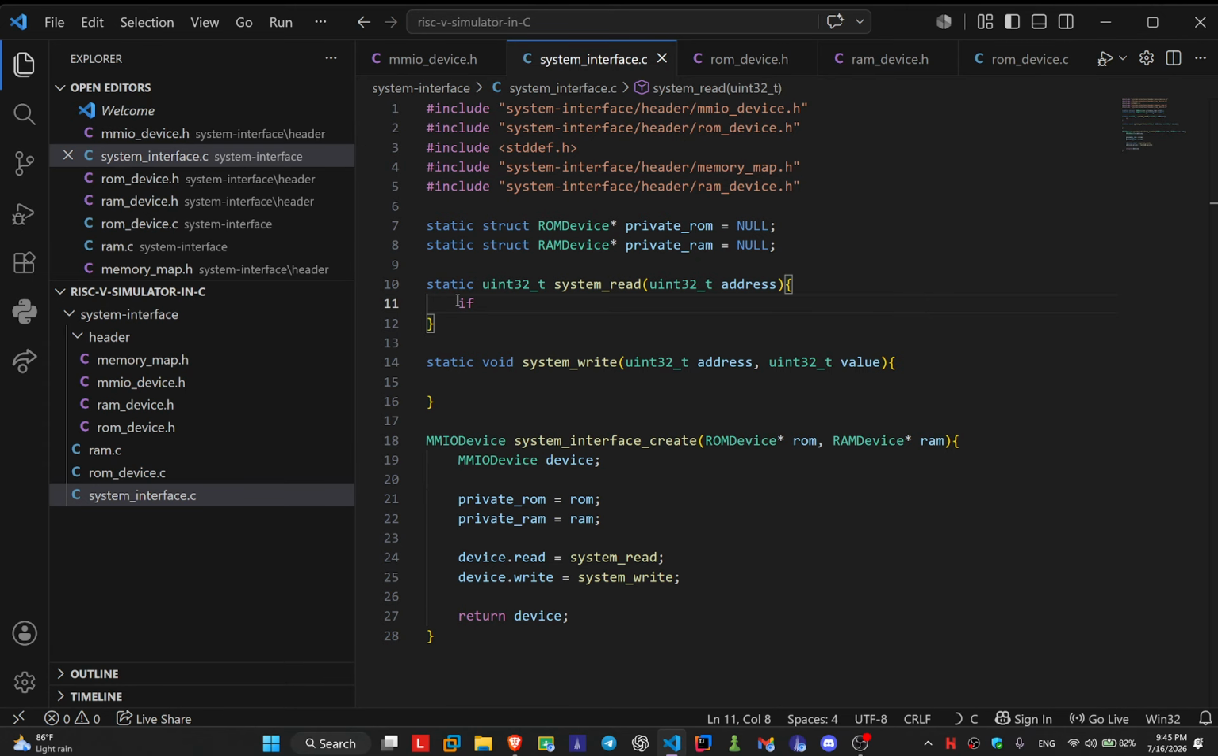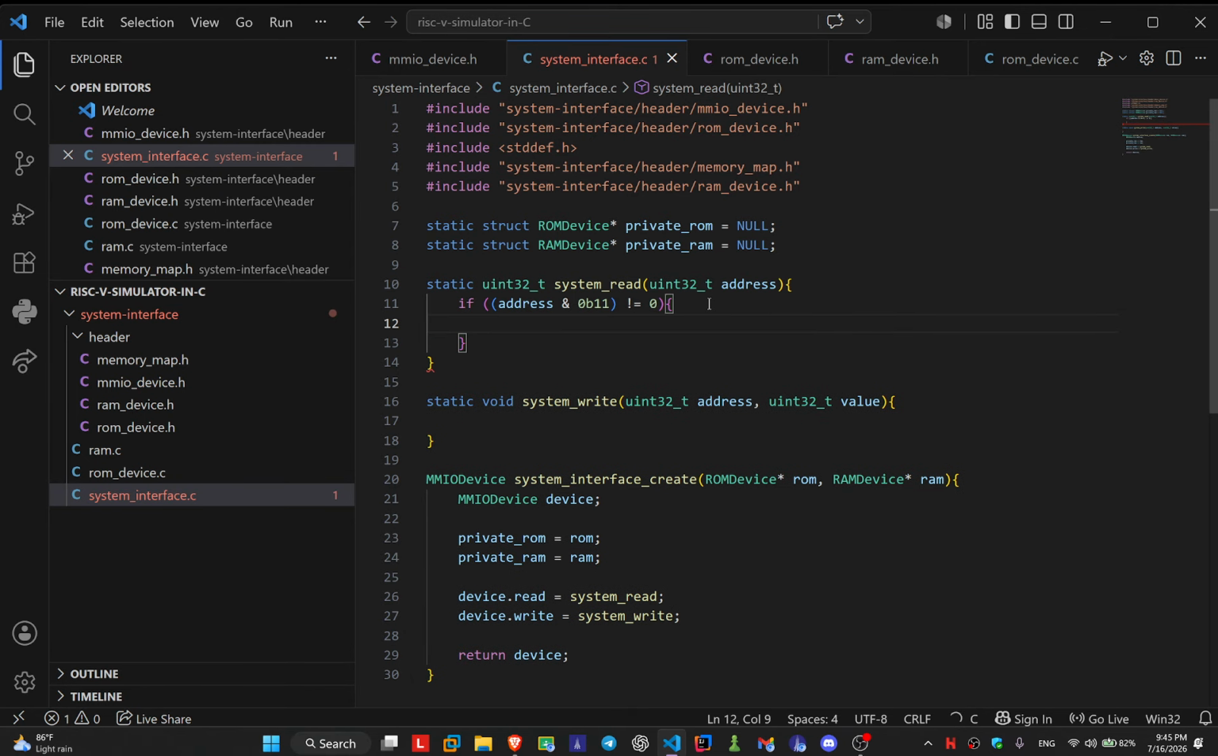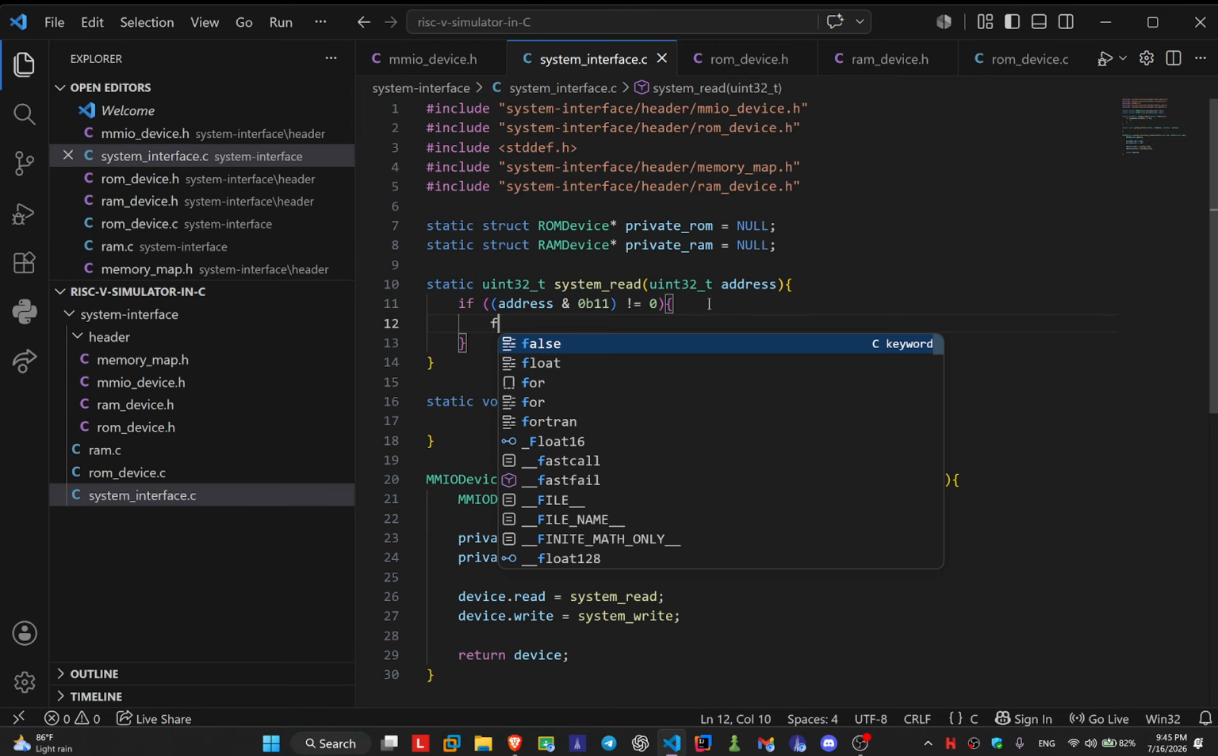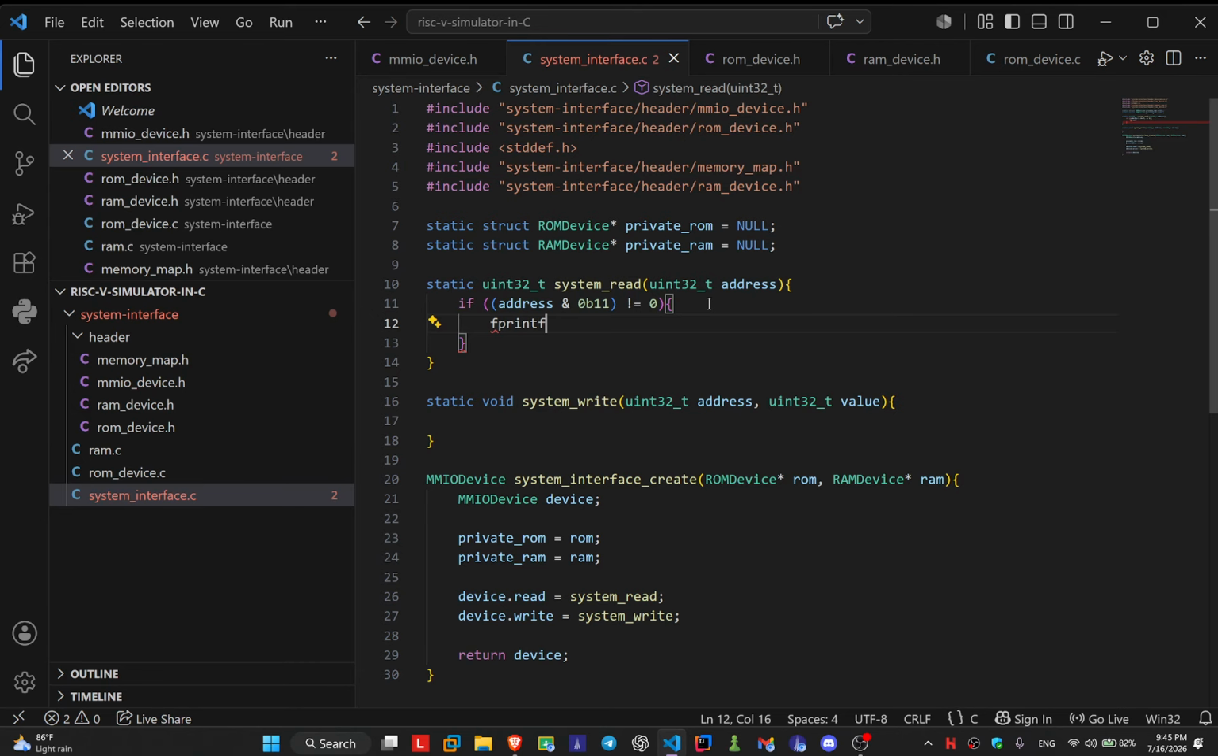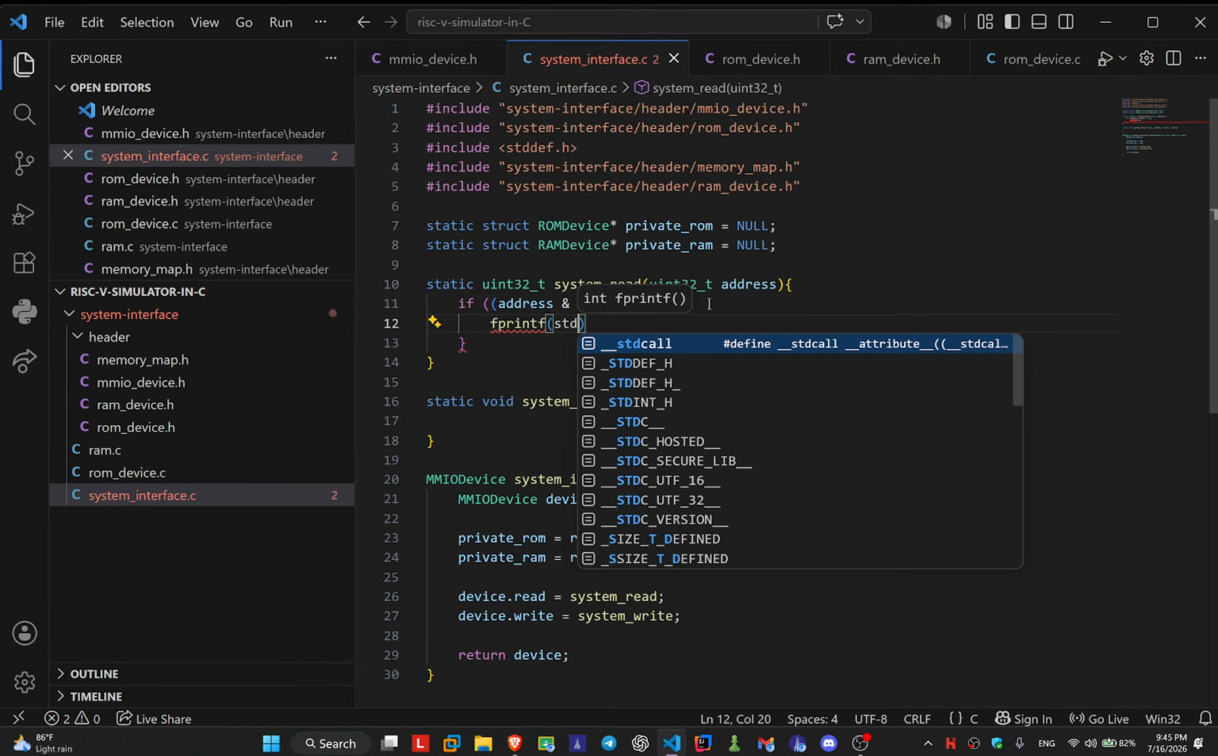So we can say if address, we mask it with 0b11, and it's not equal to 0, then we are throwing an error, so okay, a print maybe. A print that sends an error,